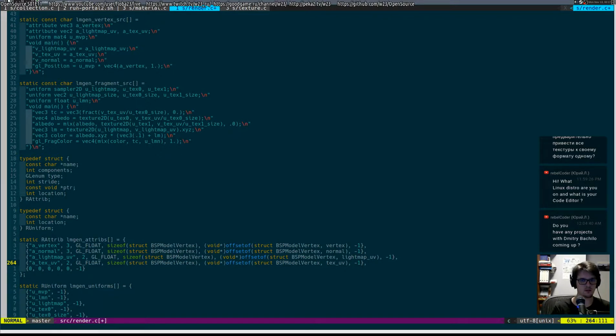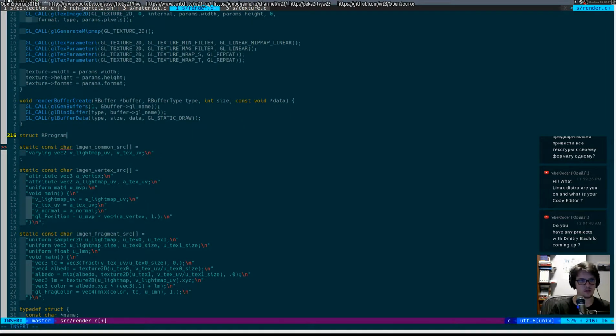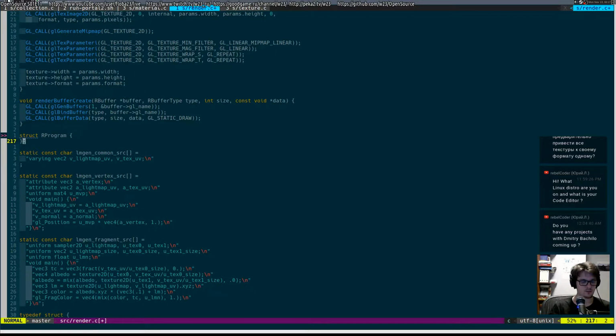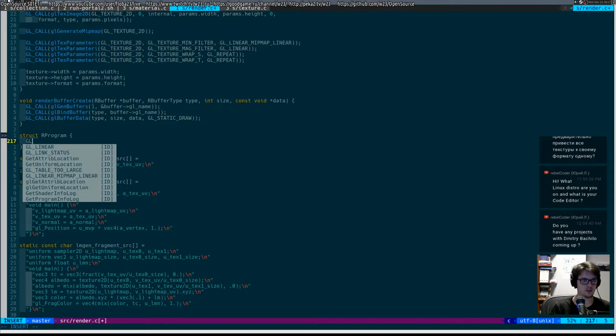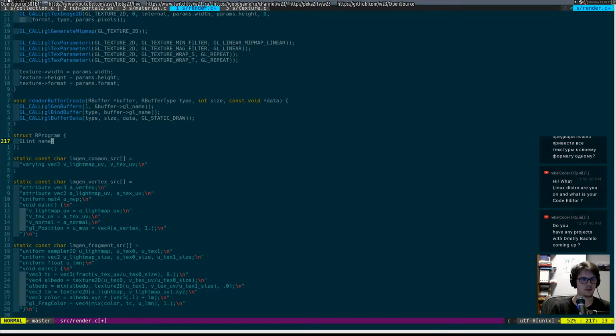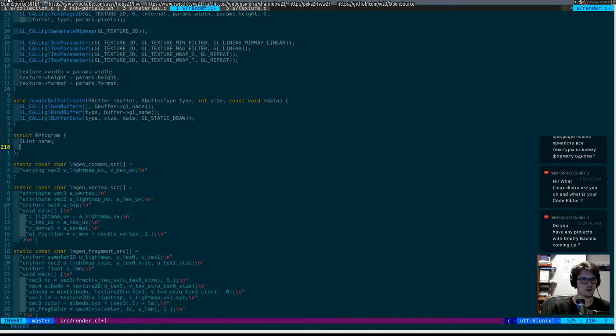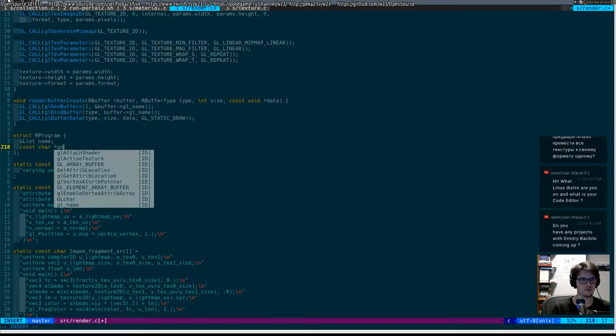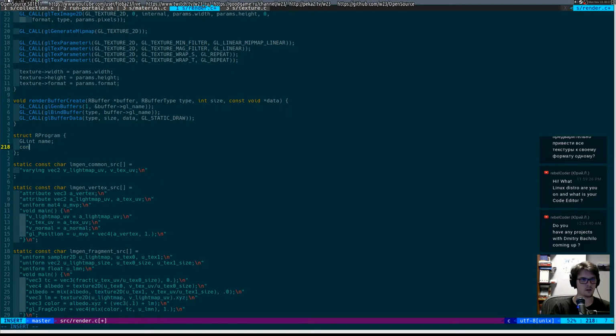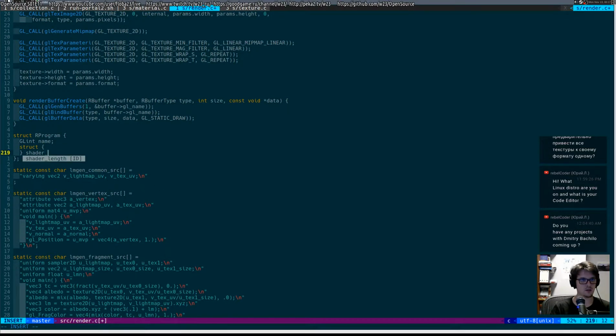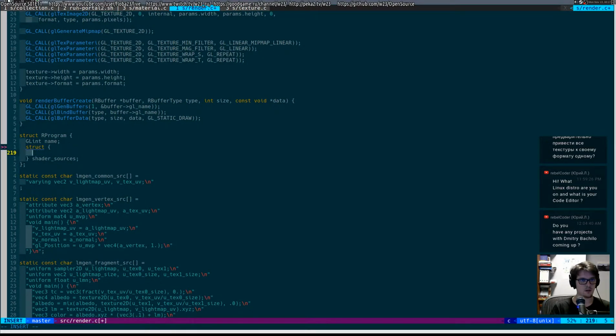Average color here. Well, I don't want to do it right now. I want to do average color a bit later. Too many things to change. I just don't want to. Name. Const struct shader sources,